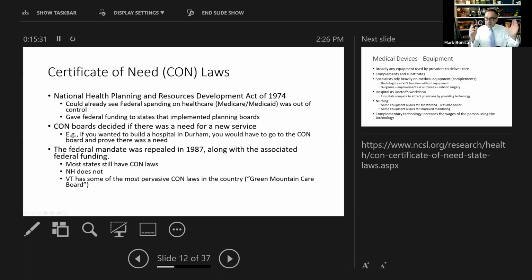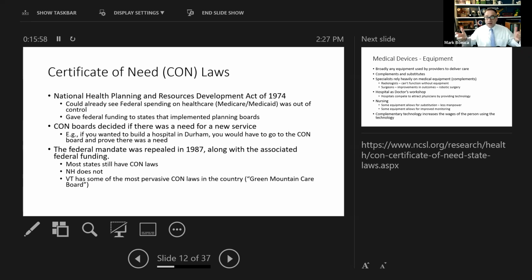But let's say I decided, you know what, I think the people of Durham need a hospital. I think I could make a profit by building a hospital in Durham. If there was a CON law in place, I couldn't just do it. I would have to put together my plan, and obviously I would have done a bunch of research before making such a huge investment to build a hospital, but I would have to get all this